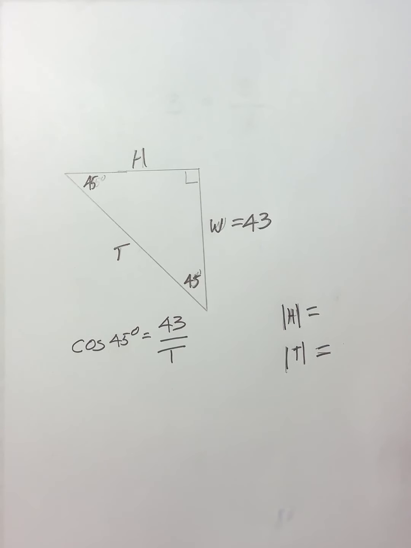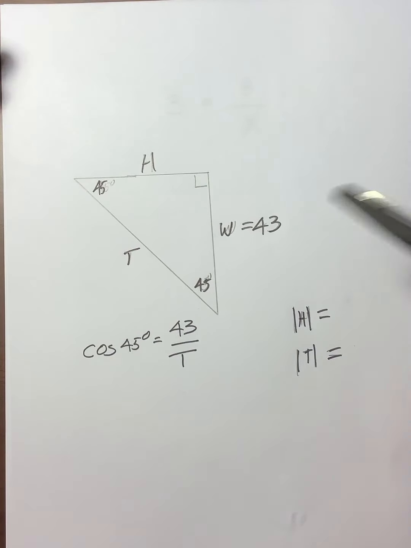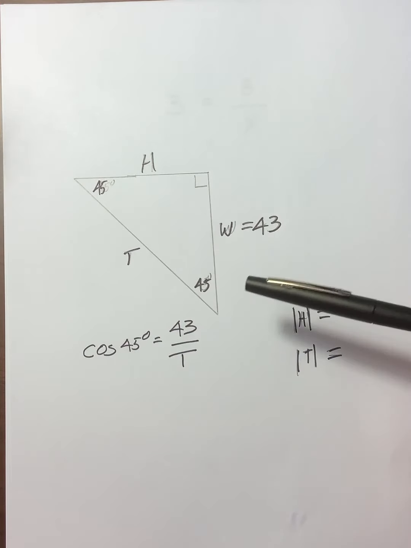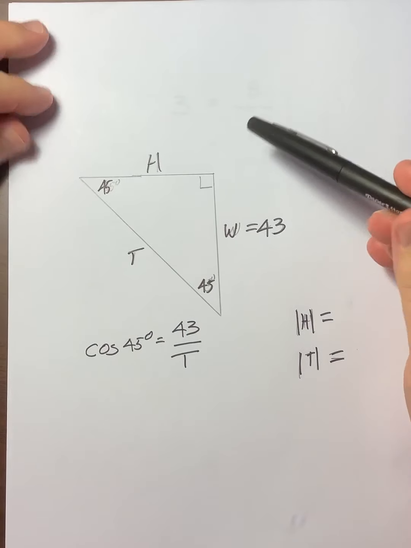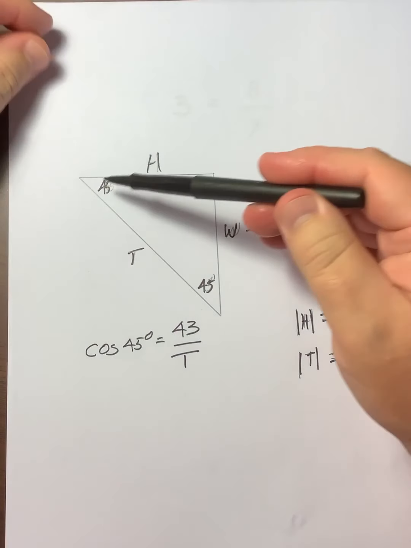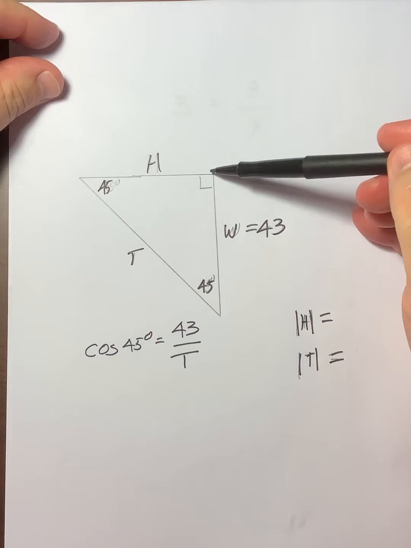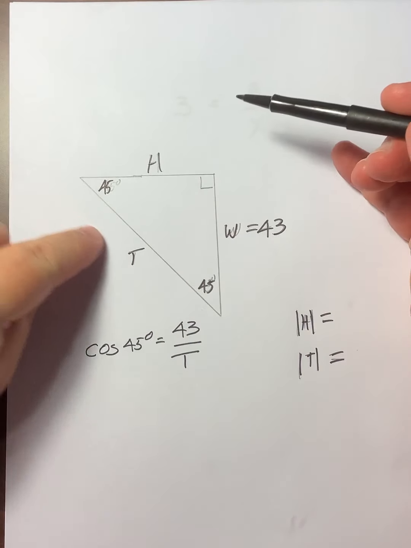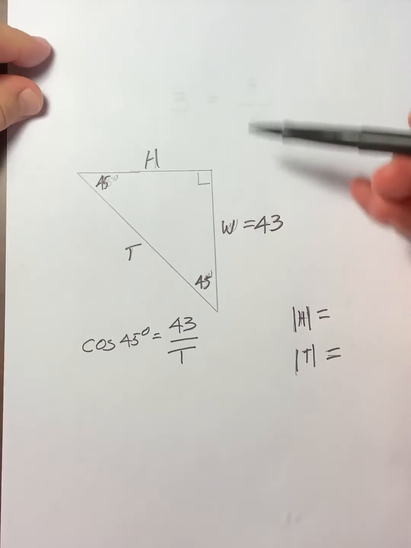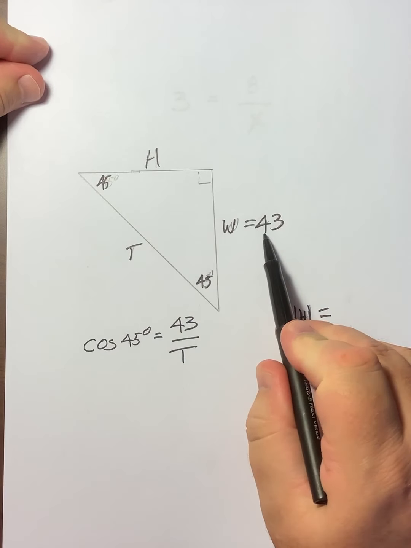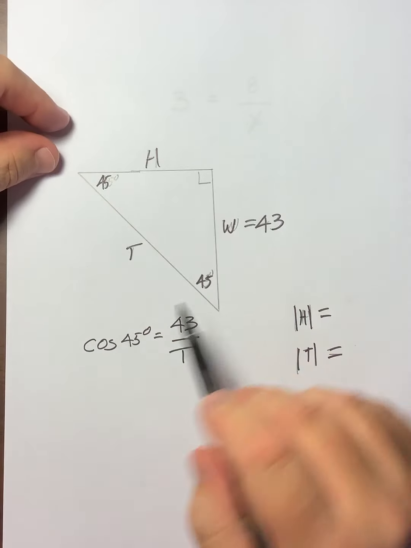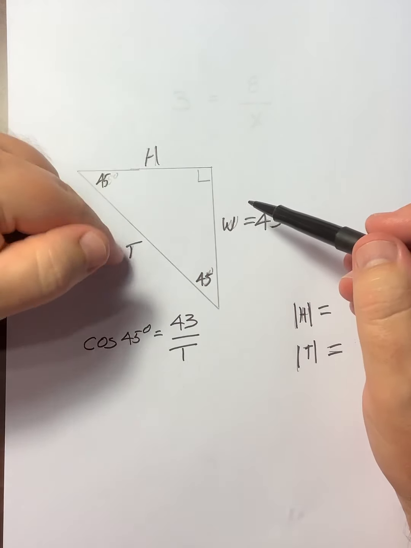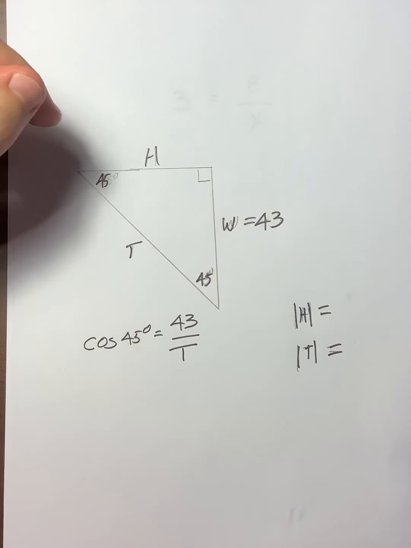Okay, this is for questions about having a variable in the denominator, and it's about resolving the vectors. So first of all, I just want to verify that you did set this up correctly, that when you resort this into a triangle, you have the tension, you have the horizontal component, you have the weight, and you're given the weight, 43, you're given the angle, and then in order to find t, in this case, you're going to find both of them, but in this particular case, you want to find t,